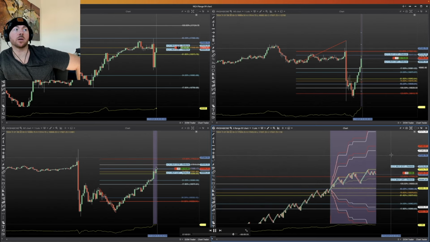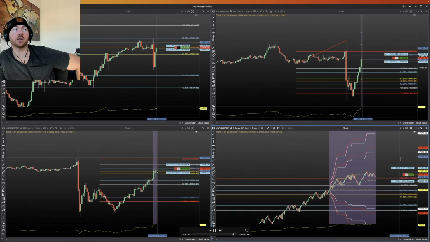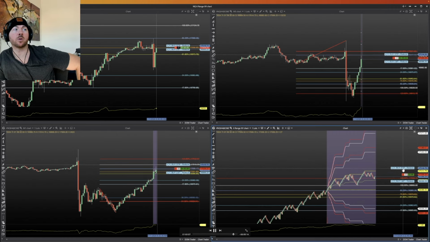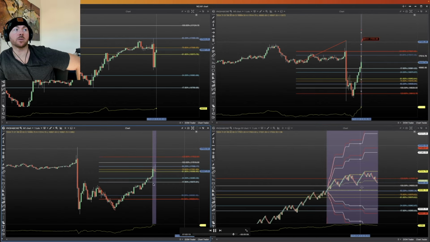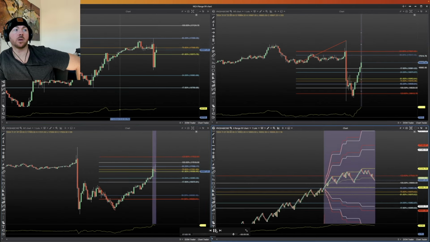So it came up above to take that high one more time, and it started getting pushed back down on here. That's when I decided it looked good to me. 2 perfect taps and then a wick through. That's pretty perfect for something I'd be looking for. And then in and out. It was just a $10 move